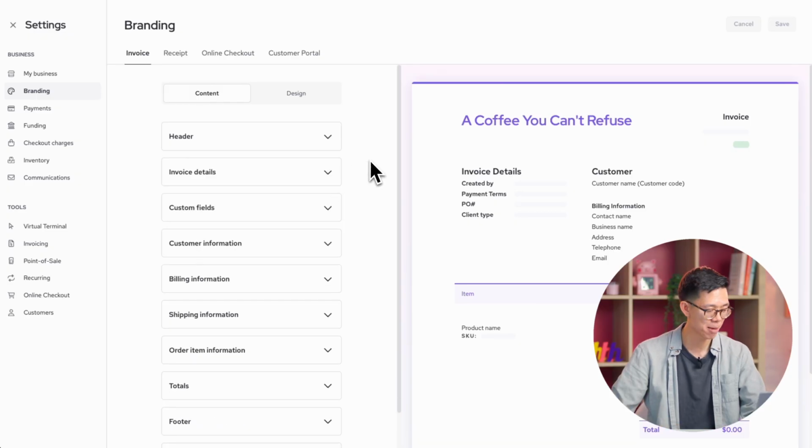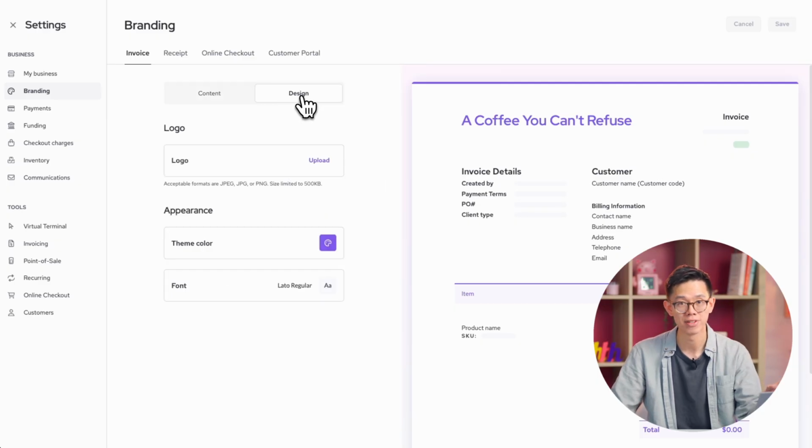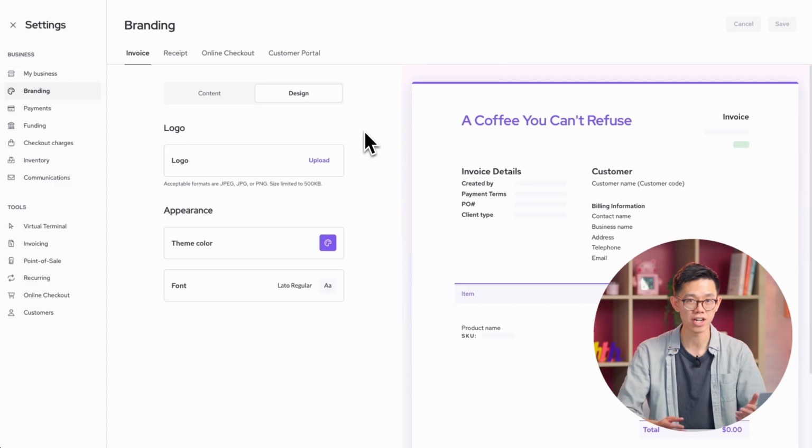So after playing around a bit, I've gotten my invoice to display the information I want it to. Now it's time to change the design of it. So let's head to the Design tab, which is right next to the Content tab. Here we can complete the look of our invoice template by uploading our company logo and changing the color to